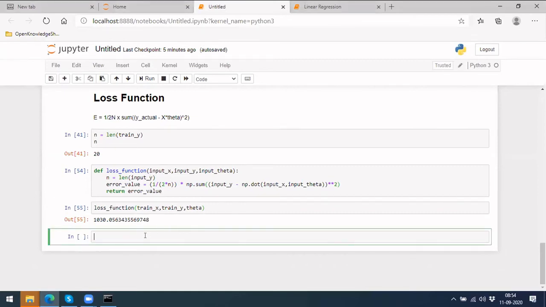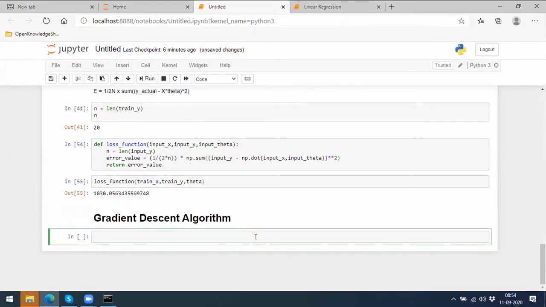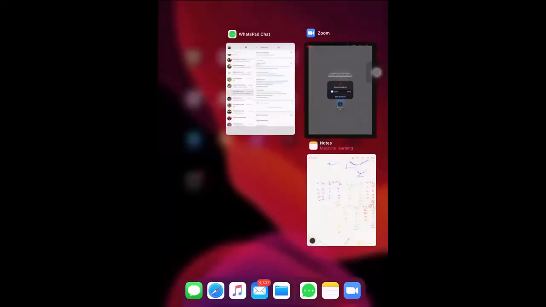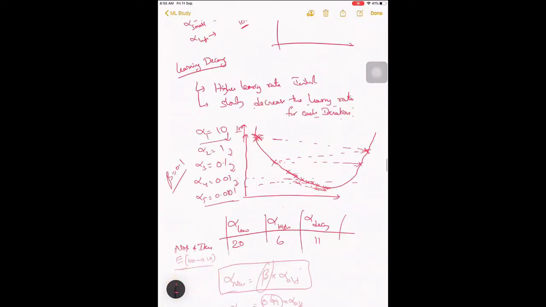So the next part is the main critical part, gradient descent, the optimization algorithm. So this is where we'll be. If you take the gradient descent algorithm, let me again jump back to our notes. Okay, let's go to the pseudocode that we have, right?